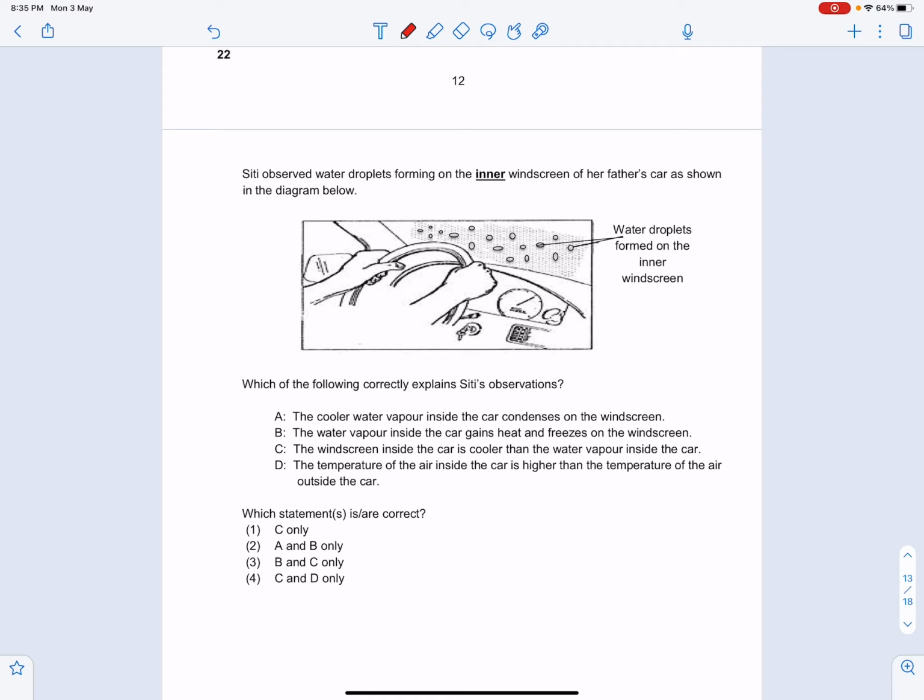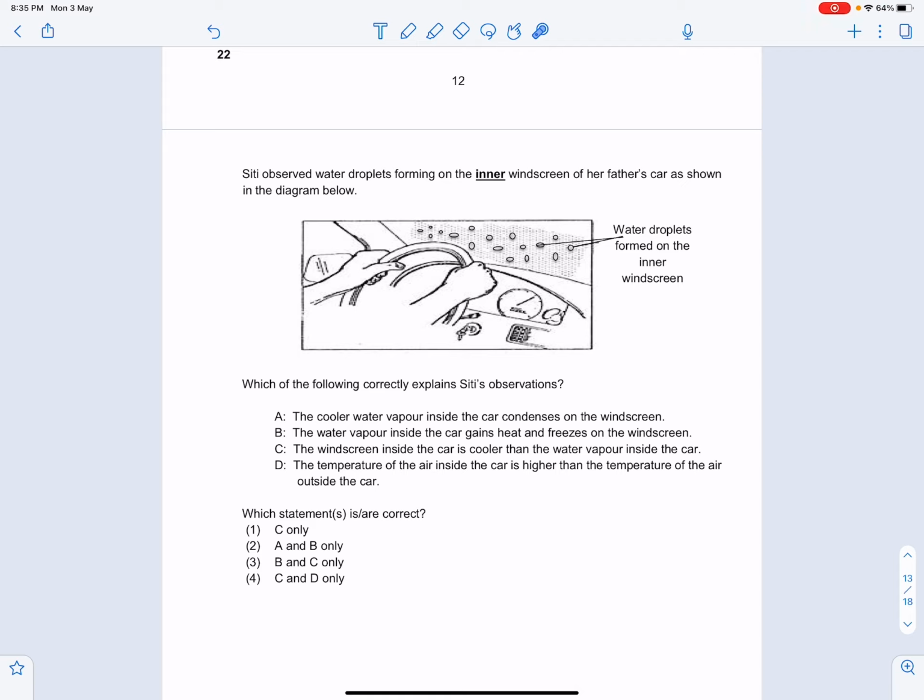Cindy observed water droplets forming on the inner windscreen of her father's car, as shown. Which of the following correctly explains her observation? Right off the top, I would think that this is a water cycle question. It's condensation. Because if water droplets are forming on the inner side, it means that